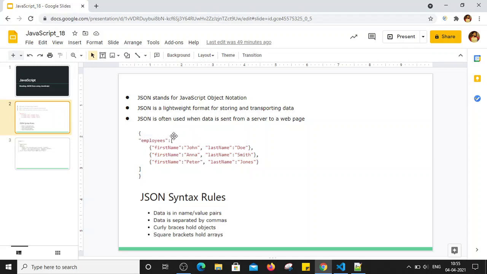So this is a simple example of JSON format, right? There are some rules about JSON data. For example, the curly braces contain the object. Employees is an object which contains an array. This is an array which contains multiple data items, and that data contains key value pairs. For example, first name is a key and John is a value, and those pairs of keys and values are separated by commas. Similarly, there is a second value and a third value in that array, right? So this is the simple format of JSON data.